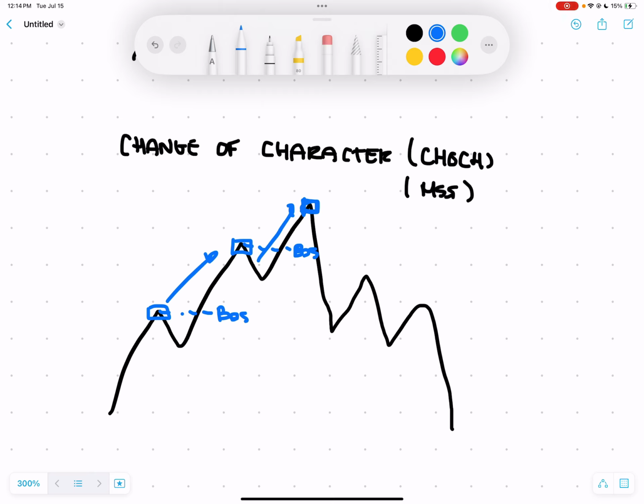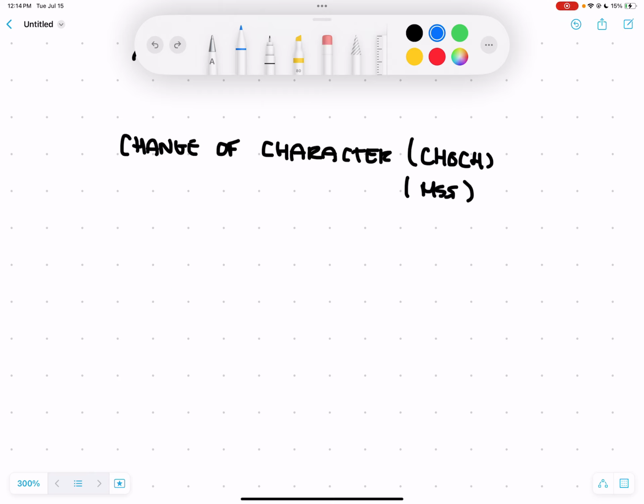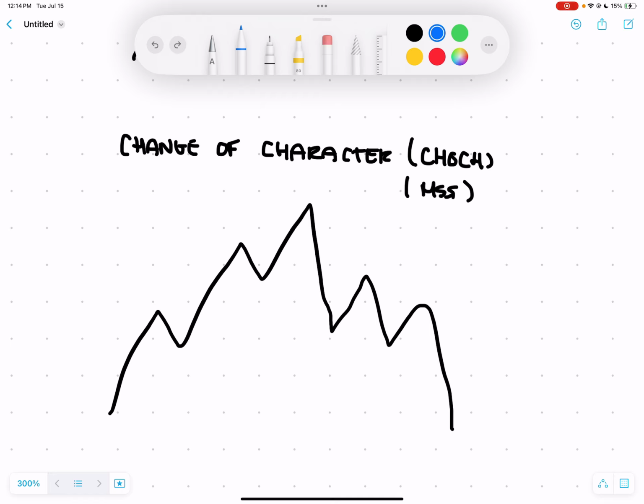Now, where is the change of character? A change of character happens when a low is being broken by a lower low